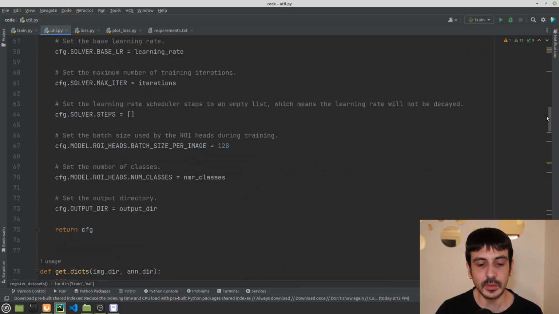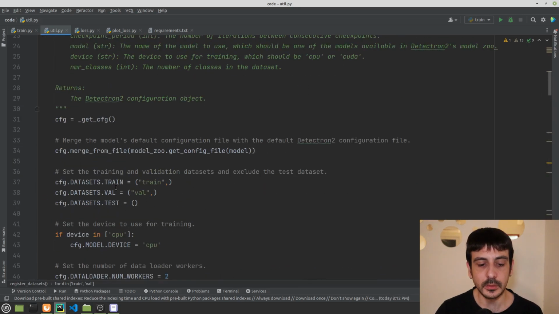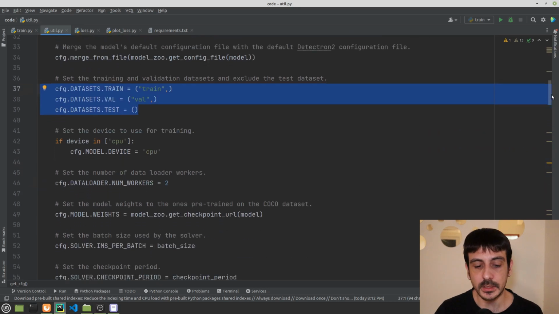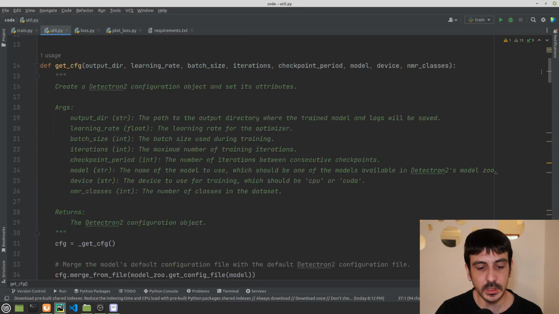So this is where we are telling Detectron2 that the training data is the dataset we registered under the keyword train, and the validation data is the dataset we registered under the keyword val. This is very, very important, and I would say it's the most important part of this function. And that's basically all for getConfig.